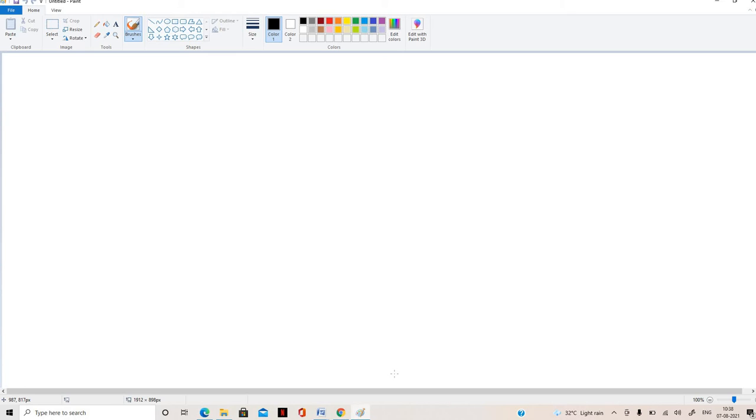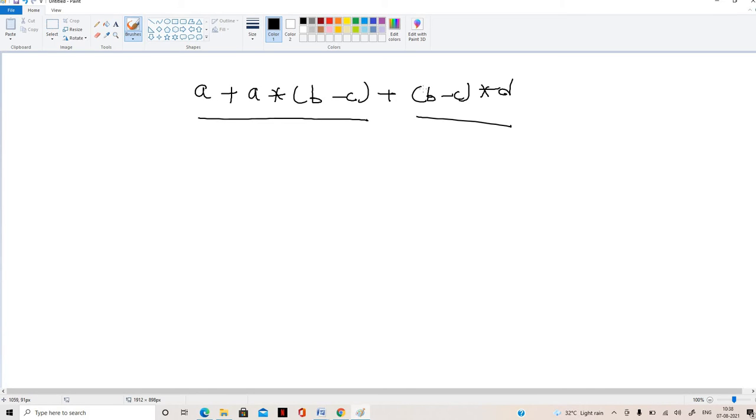So going through the expression a plus a star b minus c plus b minus c star d, I divide it into two parts, this is one part and this is the other part. Then plus will be common, meaning this will be the root.